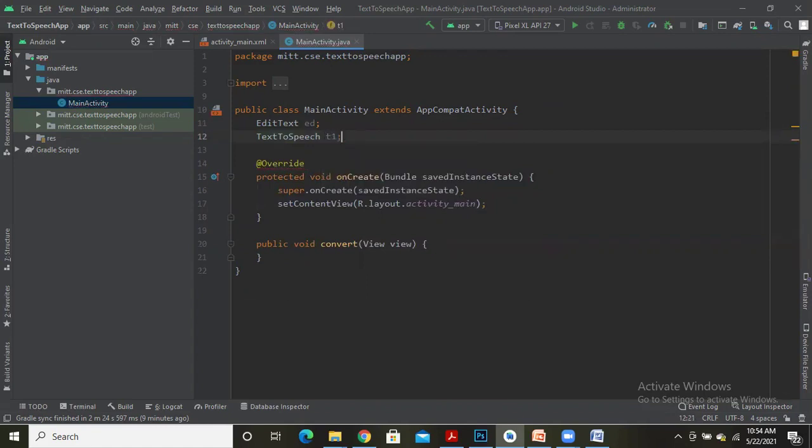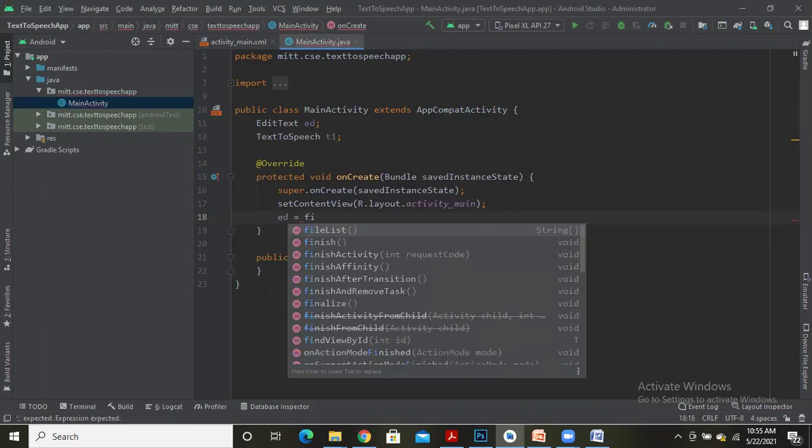So I declared a variable of type edit text and a variable of type text to speech. So in the onCreate method, map the variable for edit text which is present in Java with the ID of the edit text field in the XML file. For mapping, we have findViewById.